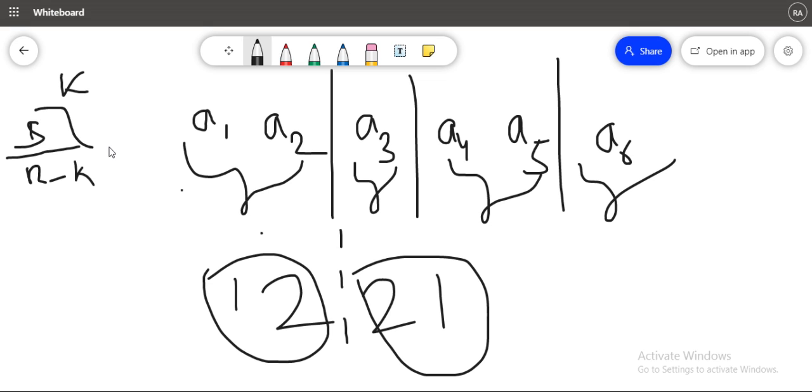But for this to be an integer, s should be divisible by n minus k. If s is not divisible by n minus k, then k is not a valid value, meaning we cannot have k operations. Fine. But if s is divisible by n minus k, then we'll have another layer of check. What we'll do is take x equal to